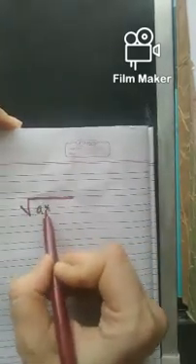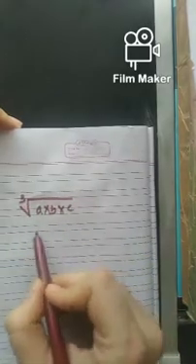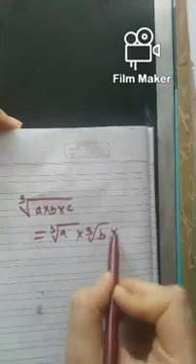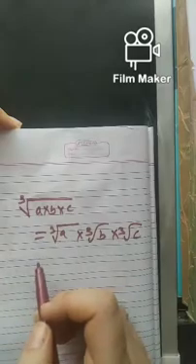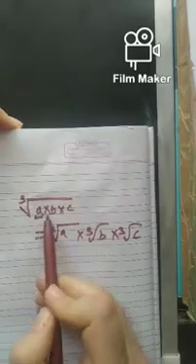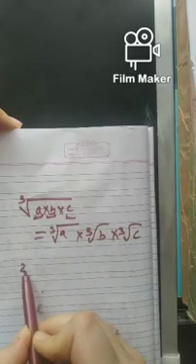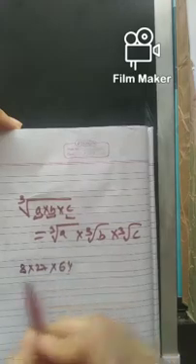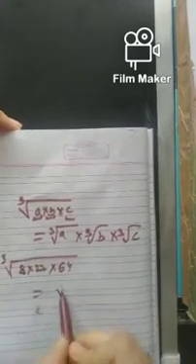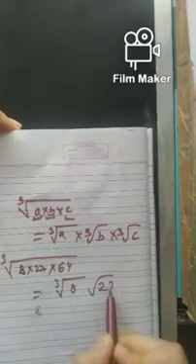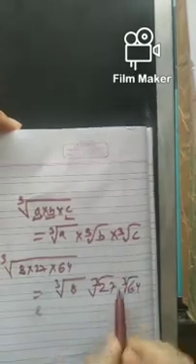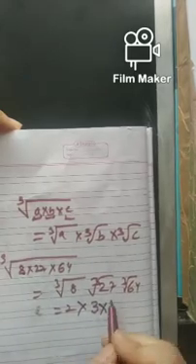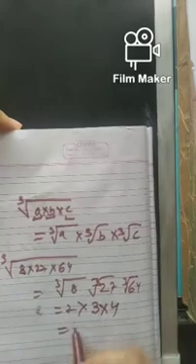If you have 3 numbers a, b, c, and you have to take its cube root, you can separate these. You can take the cube root of first into the cube root of second into the cube root of third. Sometimes it is visible that numbers are perfect cubes, so we can easily separate them. Like if they have given 8 into 27 into 64, find the cube root of this. So I can take the cube root of 8, the cube root of 27, the cube root of 64. The cube root of 8 is 2, of 27 is 3, and of 64 is 4. So the answer will be 2 3s are 6, 6 4s are 24.